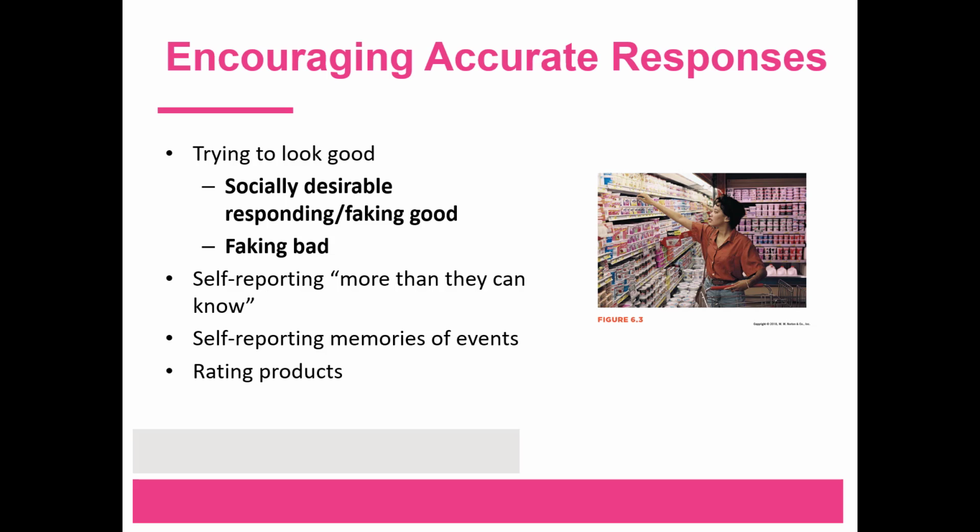People's memories for events are not as accurate as they might like to believe. Additionally, confidence and accuracy are not related, so people might feel very confident about what they report, even if they're not accurate. A study in 2016 found little correspondence between 5-star ratings on Amazon and the ratings of the same products by Consumer Reports, which is an independent product rating firm. Researchers found that consumer ratings were instead correlated the most with cost of the product and the prestige of its brand. Studies like these suggest that people may not always be able to accurately report on the quality of products they buy. Another interesting point to consider when we ask ourselves how accurate our responses are.